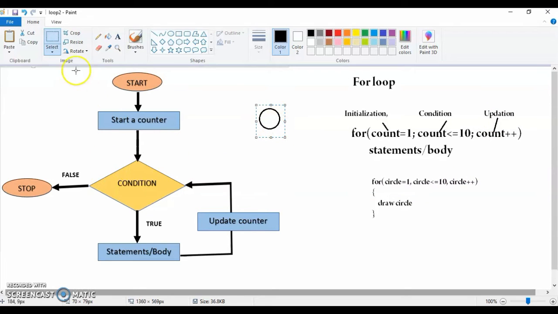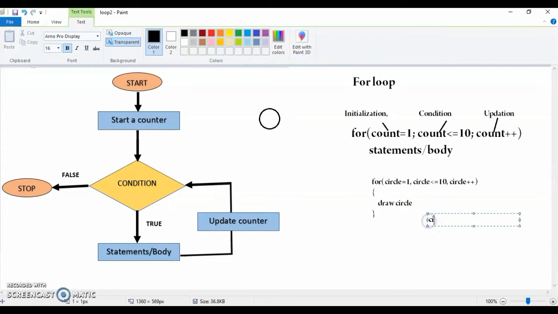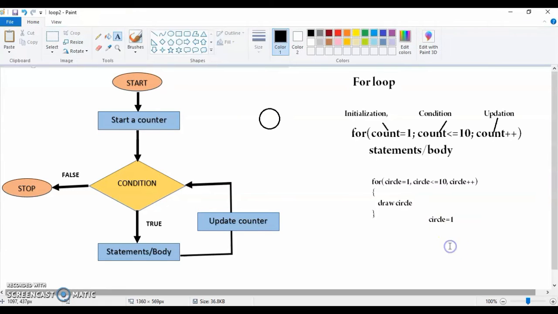So after drawing the circle, I'm just going to write it over here. The value of circle is going to be 1 after drawing the circle. Now 1 is less than equal to 10. So it will again draw the circle.